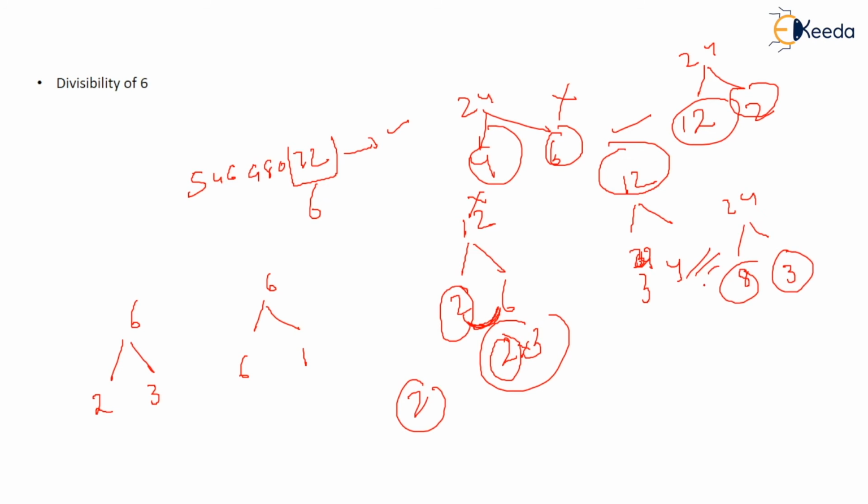You have to check divisibility of 8 and 3. If both divisibilities are satisfied, then this number can be divided by 24, right? So you have to separately check for 8 and 3, okay. So for any number, take 99. 99 you can take as 9 and 11. So you have to check the divisibility of 99.